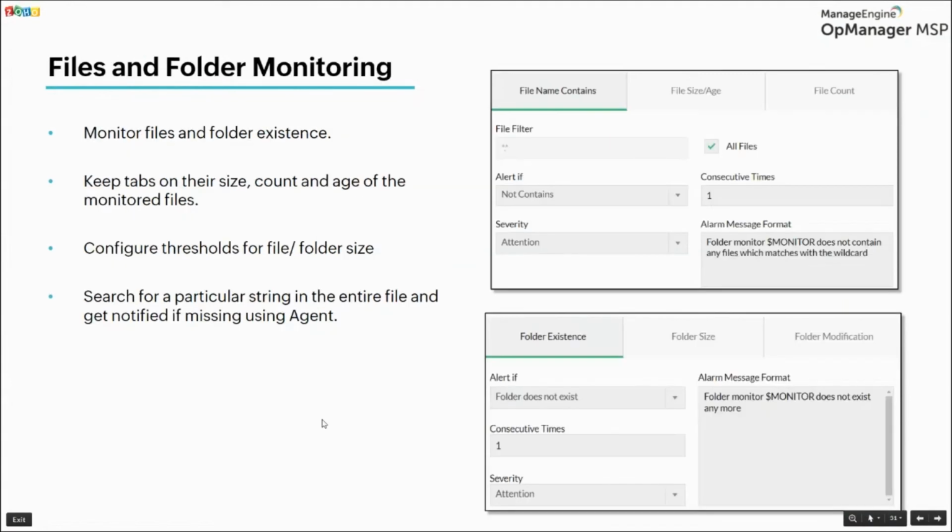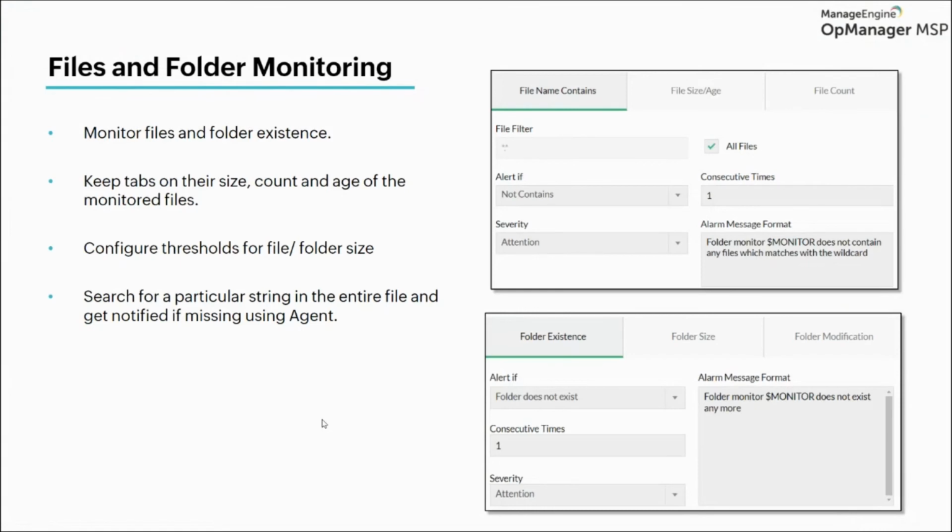And the next metrics which we can monitor are files and folders. When we have different clients from various sectors, from education to hospitals, we will have different requirements where monitoring the files and the folders will be an important requirement, whether it's an educational or a hospital environment, based on the sector and the importance of that particular file or folder in their respective servers. The OpManager MSP allows you to monitor the file and folder with various metrics.